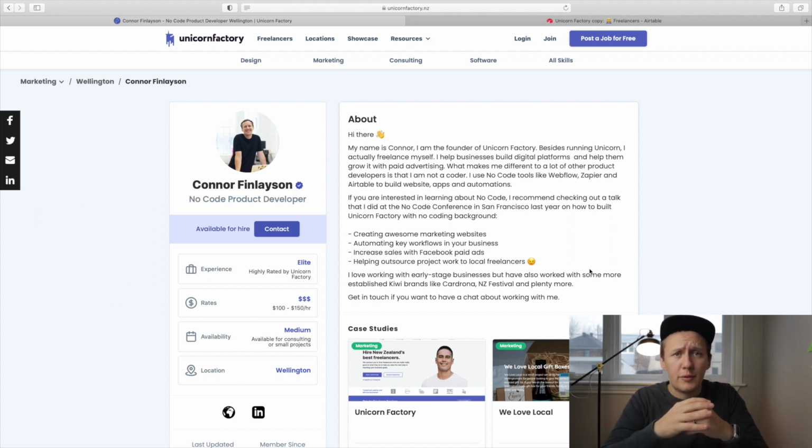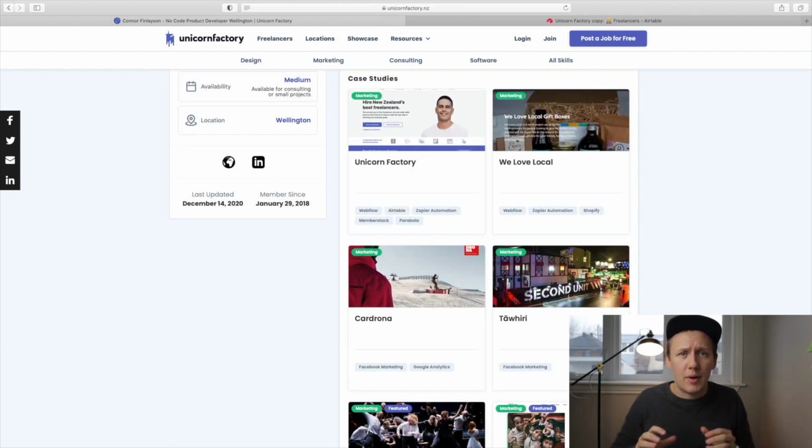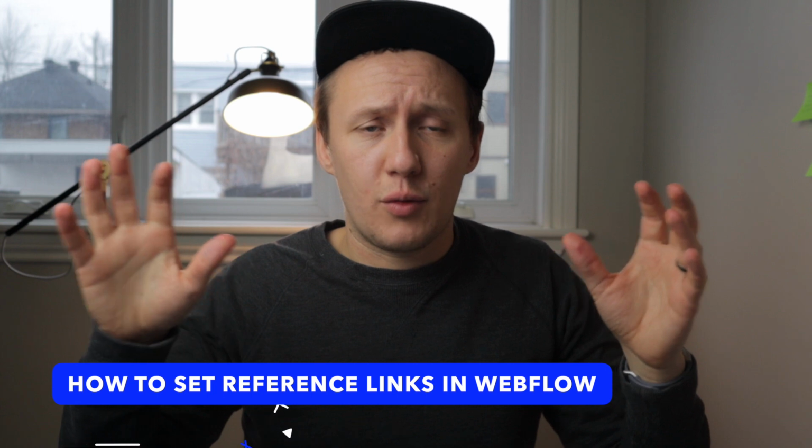Now, there are two types of relationships that collections can have with each other inside of Webflow. First of all, you have single reference relationships where one profile relates to one city, but you can also have multi-reference relationships where one profile can relate to multiple case studies or multiple skills. So I'm going to show you how you have to set up the backend inside of Webflow for both single and multi-reference items. And then I'm going to show you how you can automate the process inside of Zapier for